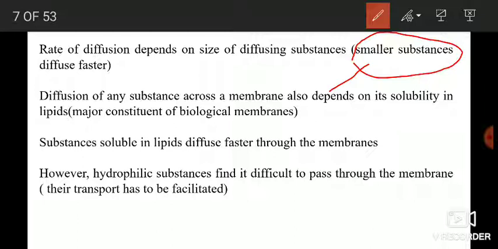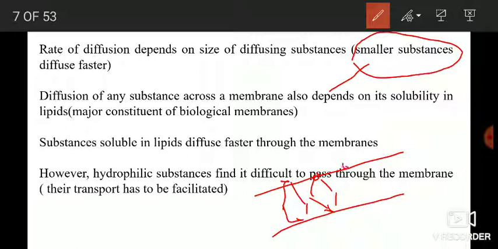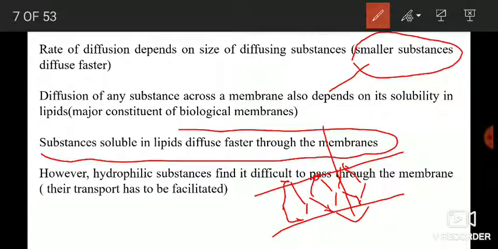Diffusion of any substance across a membrane also depends on its solubility in the lipids of the membrane. We know that biological membranes are composed of lipids. So how soluble a substance is in the lipids also determines its rate of diffusion. There are two types of substances. One type includes small molecules which are soluble in lipids and obviously they diffuse faster through the